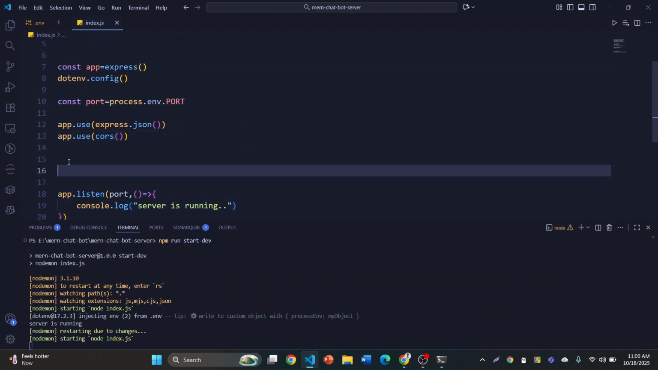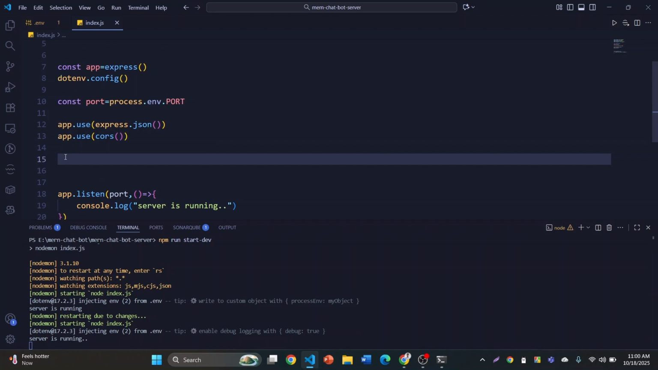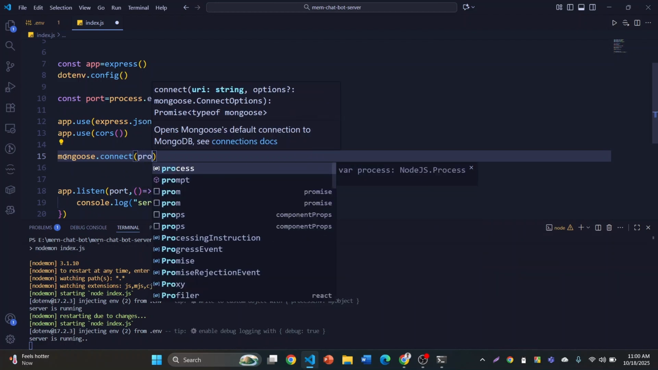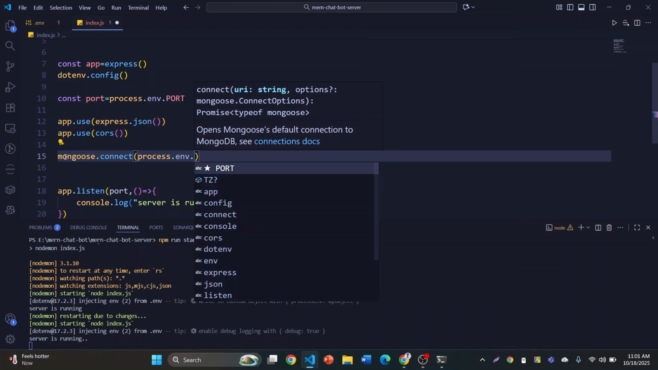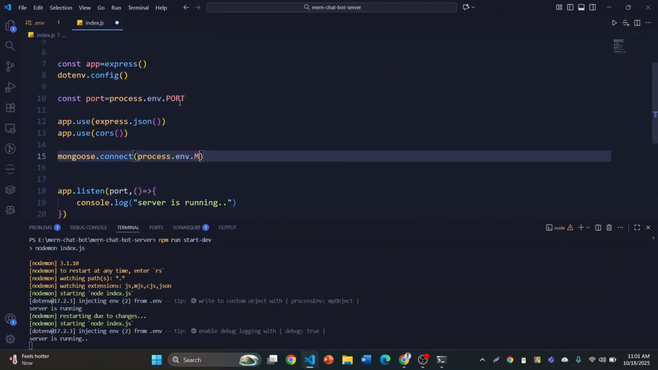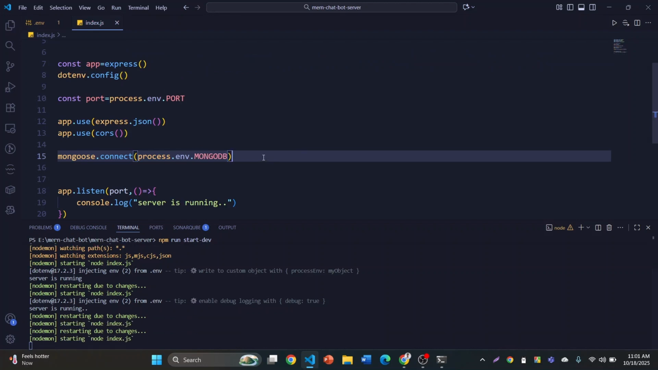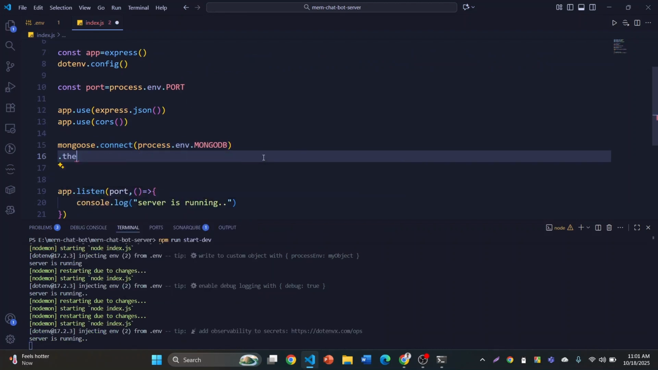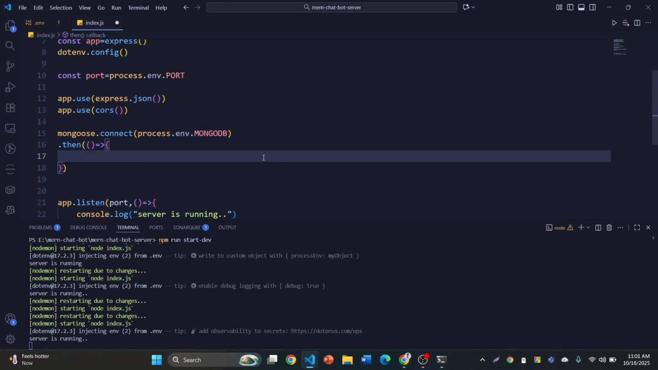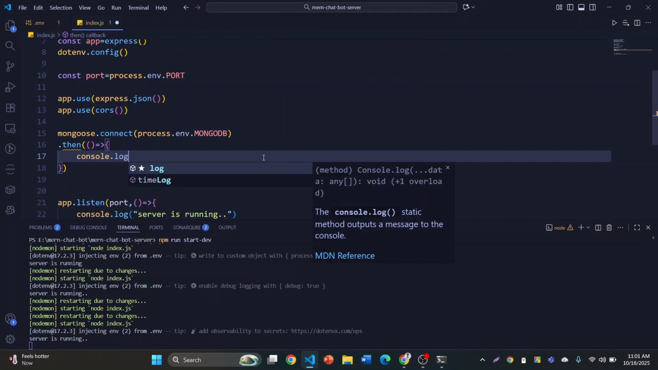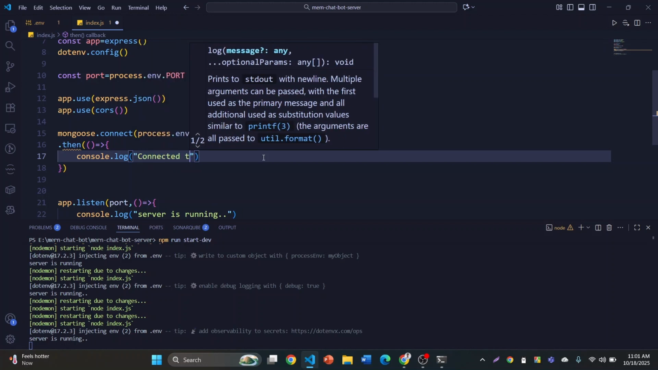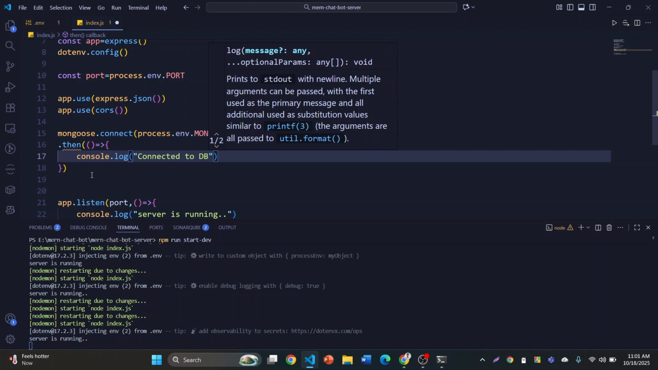Now we need to connect with our database. For that we use the mongoose.connect method. Here we will pass our process.env, let's say our name is MongoDB, and then we will use the then method. In then we have the callback whether this connection is correct. Let's set console if success, then there will be connected to DB, and another is